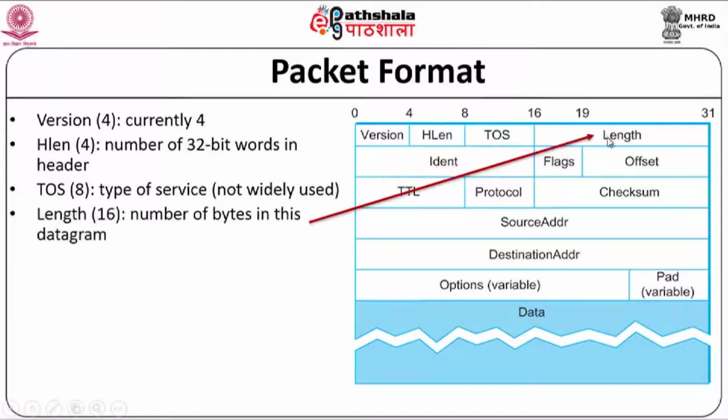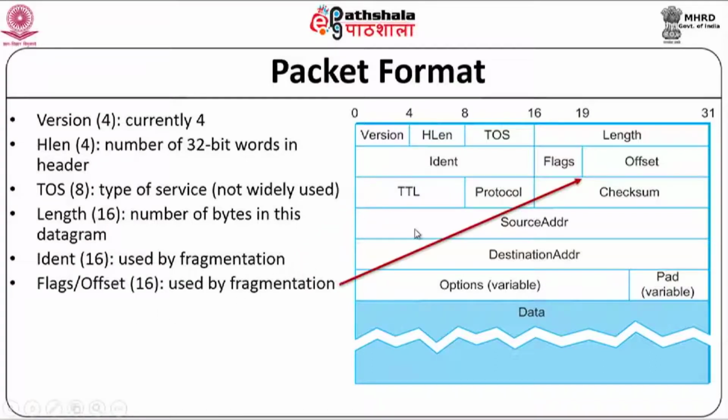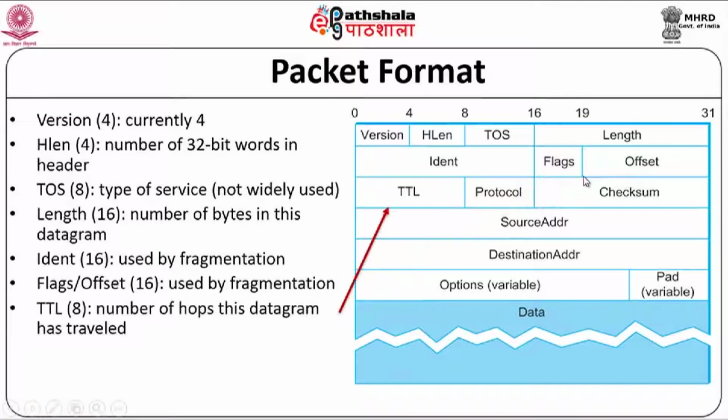Okay. Then we have a length field, a 16-bit field. This tells us the number of bytes that are carried in this datagram. This field being 16 bits, you can have 2 power 16, 64K, as the maximum size of an IP datagram. Then we have a field called identification, which is a sequence number field used as an identification for this packet. This is useful when we have something called fragmentation. We will come to what fragmentation is. Okay. Similarly, there is a set of flags and a field called offset, which again is used when fragmentation gets done. Okay. Then there is a TTL field, which is a time to live field.